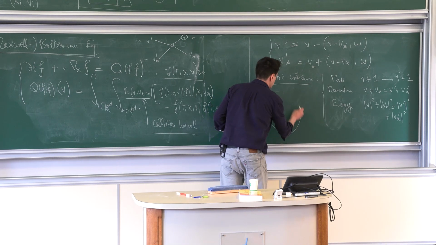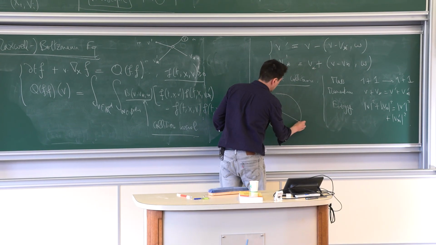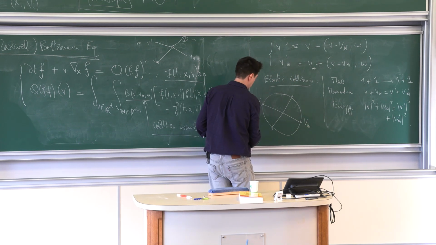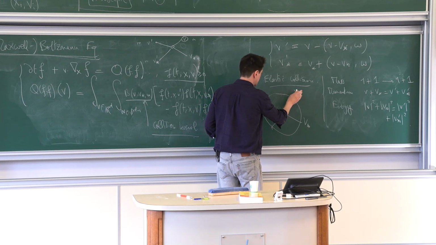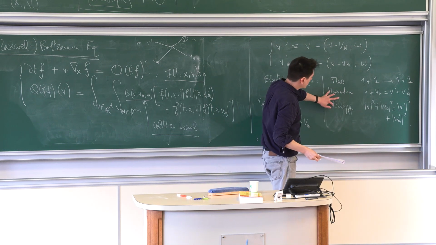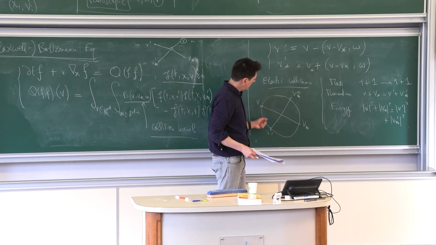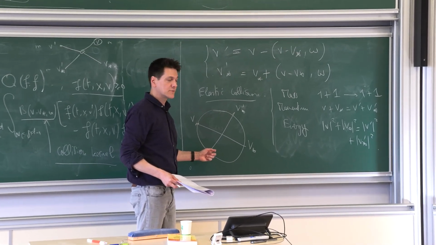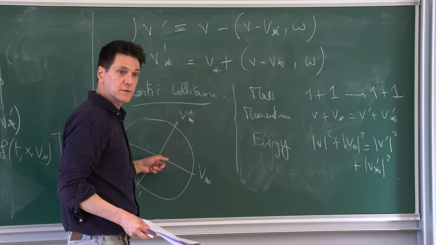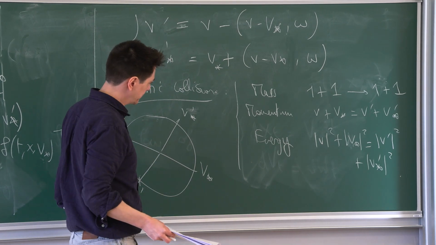So the picture, which I will need in a second to tell you about the lambda operator, looks like that. You can check that. So 0 is here. I'm just drawing the four velocities. You can check that these two equations mean that the four velocities live on a circle of that form. Okay, it's very easy. If you divide by 2, you see that the halves are the same, the centers are the same, and with the other one and a bit of Pythagoras, you will see that it forces that shape.